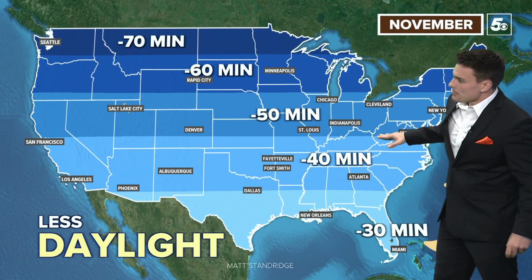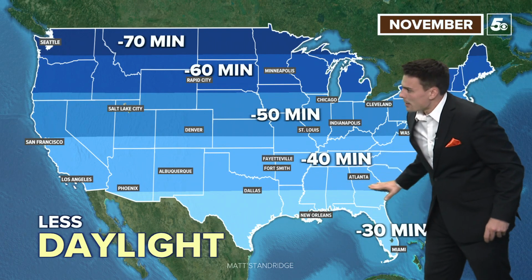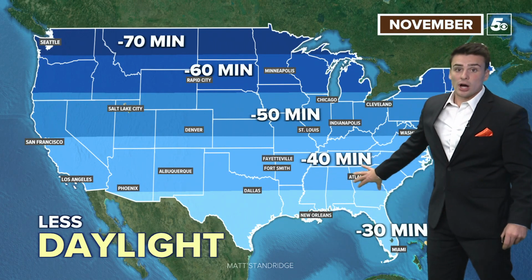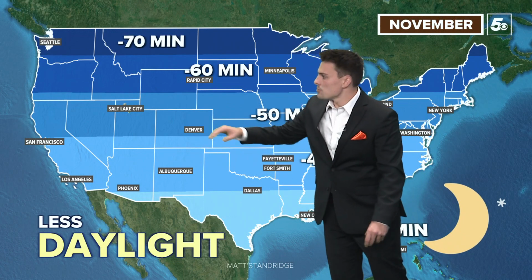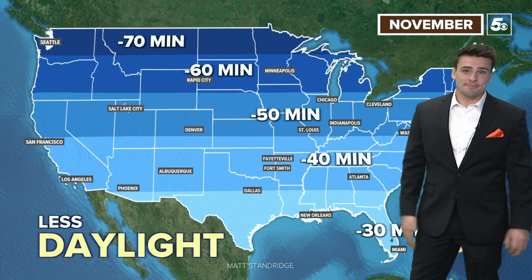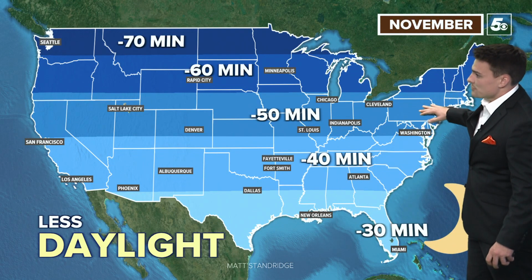Once you hit the next color band, that's where you'll lose at least 40 minutes. The 40-minute mark is generally towards the bottom part of each color band. So at least 40 minutes lost across Tennessee, much of the Appalachians, westbound in the Ozarks of Arkansas. We've got eastern Oklahoma right through the panhandles of both Oklahoma and Texas, and then towards Southern California, much of the desert Southwest, about 40 minutes or so at least, and then at least 50 minutes for much of the